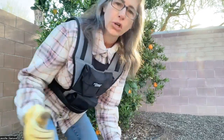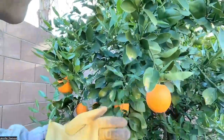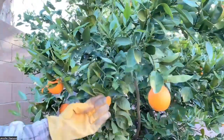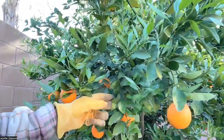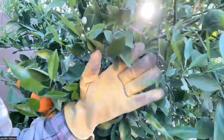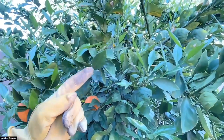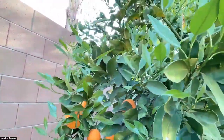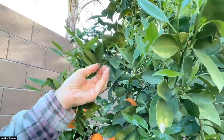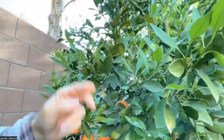So let me bring you over and show you where I snipped that one so we can compare. And you can see the flowers too. Let's see, where was it that I just did that? That's the thing about snipping it. Then I forget where I snipped it. Oh, here we go. Can you see that? Let's see right there. So I don't know if you can tell, but the angle looks not frayed. It just looks like a nice clean snip versus the other one that was a little bit,